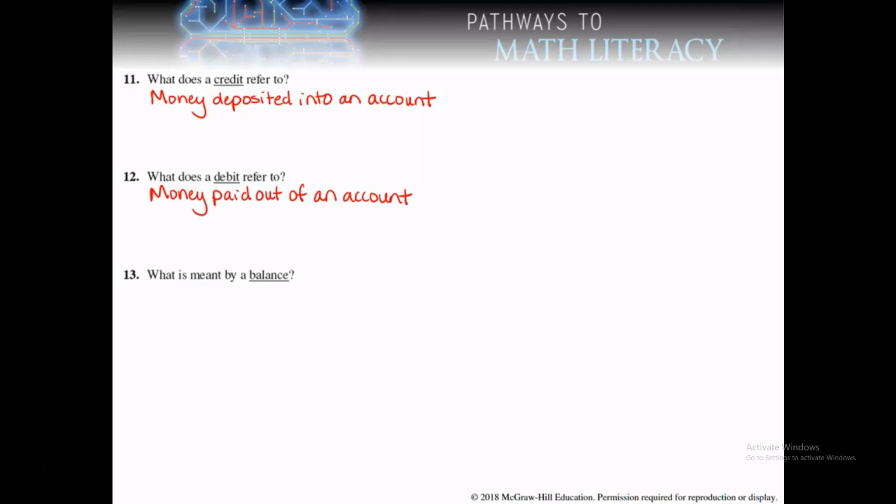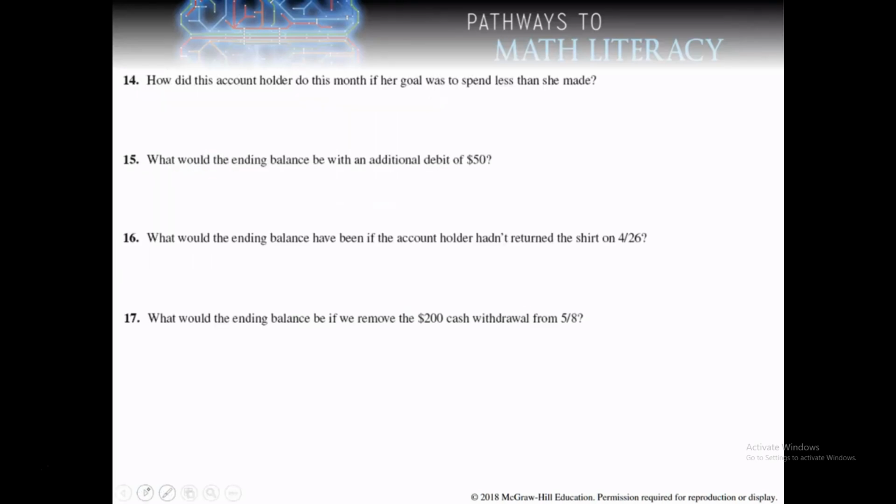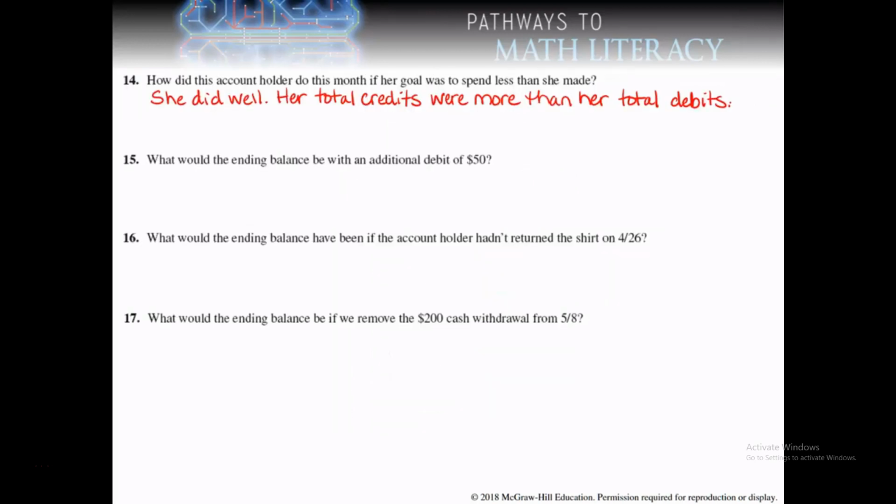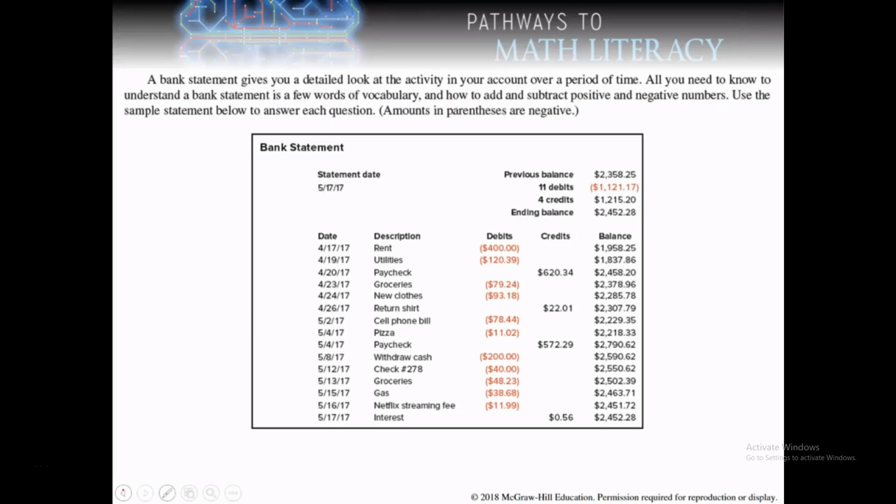In 14, how did this account holder do this month if her goal was to spend less than she made? Well, let's go look at her statement. And her total credits are more than her total debits, which means she did well. She did make more than she spent. And then in 15, what would the ending balance be with an additional debit of $50? Well, let's go look at her ending balance. And that's $2,452.28. An additional debit of $50 would subtract another $50, which would leave her with